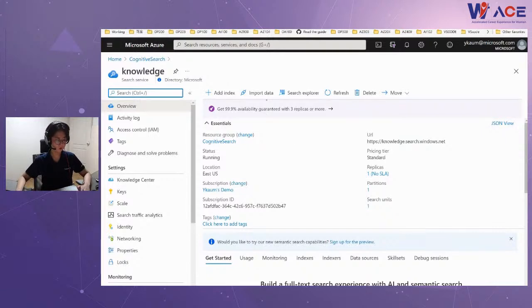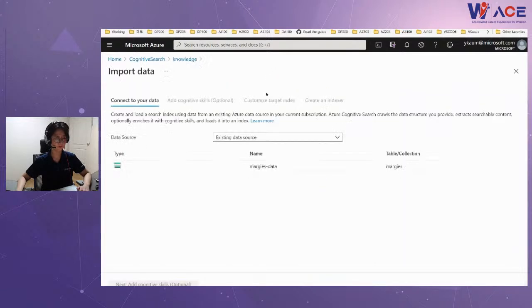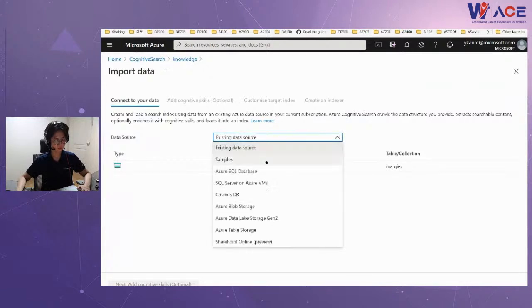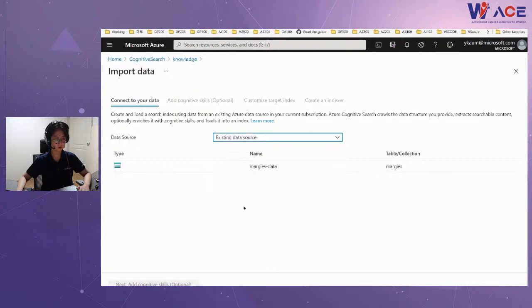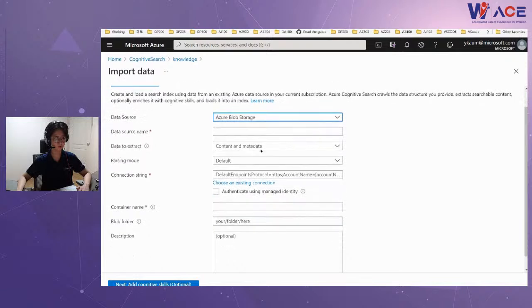Today, I'll show you how to start without code. So let me start importing the data, clicking here. Okay, what kind of data source does it support? I've uploaded my data to the blob storage, so let me choose blob storage.